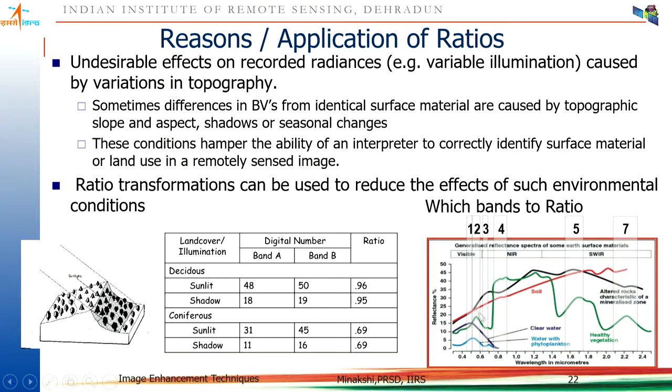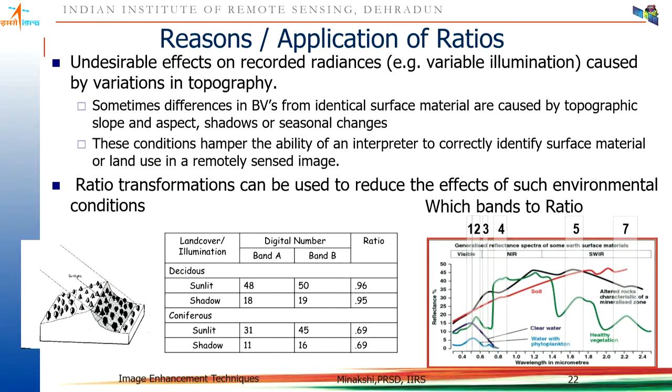Vegetation has higher reflectance than water in the visible portion. There is a peak in the green, there is a dip in the red, and very high reflectance in the infrared. Soil has considerably increasing reflectance throughout the spectrum, right? It has more than water and vegetation in the visible portion and less than vegetation in the infrared.